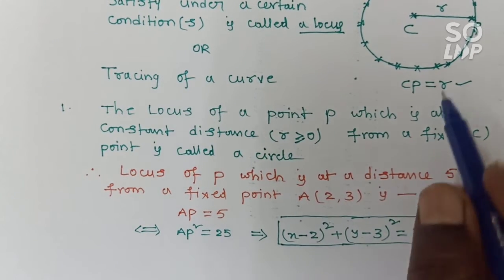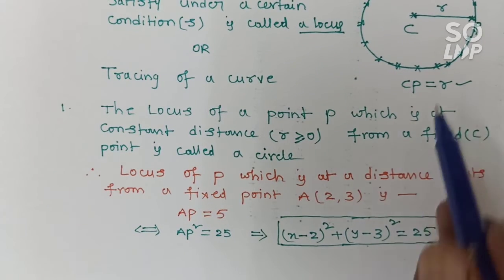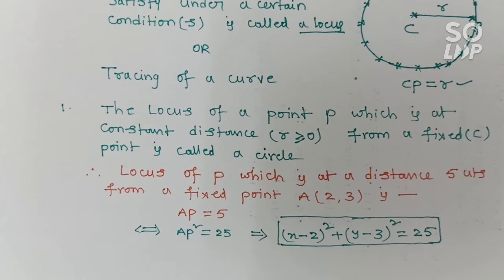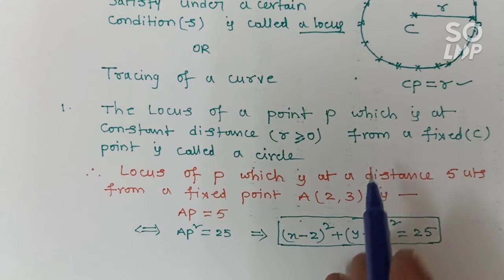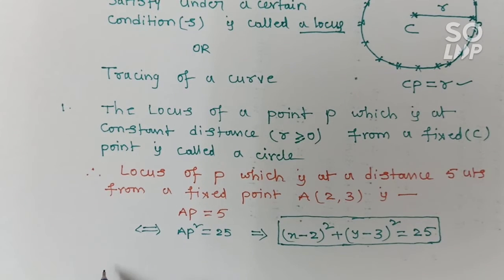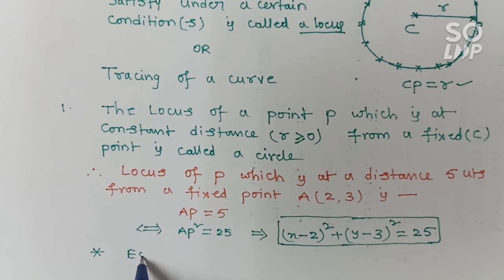Here the fixed point is the center of the circle and the radius is R. So what is the formula for the circle equation when the center and radius are given? See, look at this one. Here is one shortcut: the equation of the circle,